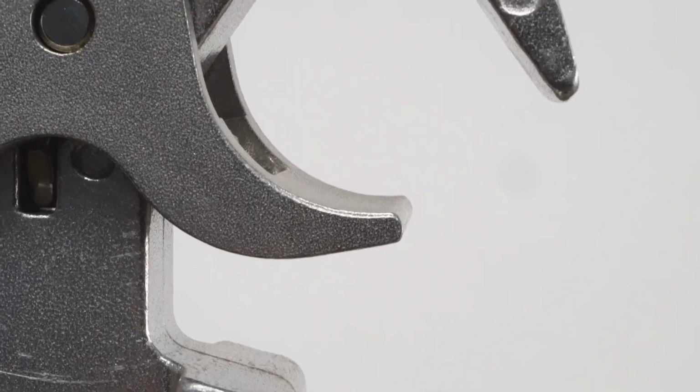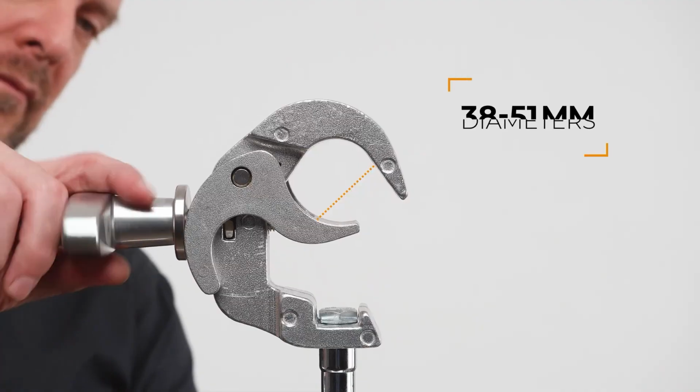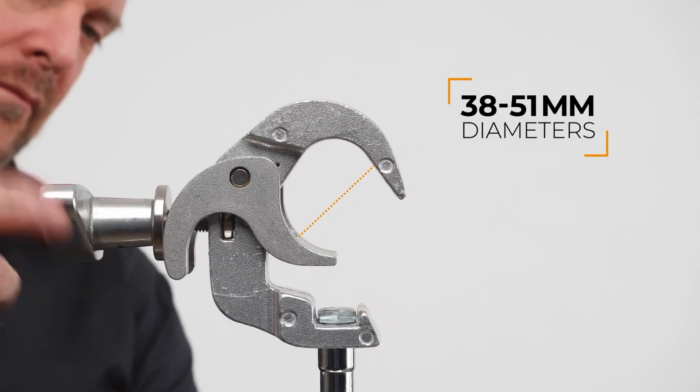A quick history lesson for you. When KUPO first entered the grip market, their first products were couplers for stage and studio. So when it comes to couplers, KUPOs are unmatched with regards to quality, precision, and innovation. The solid metal couplers feature pincer-type jaws that can accommodate tubing diameters 38 to 51 millimeters with a simple twist